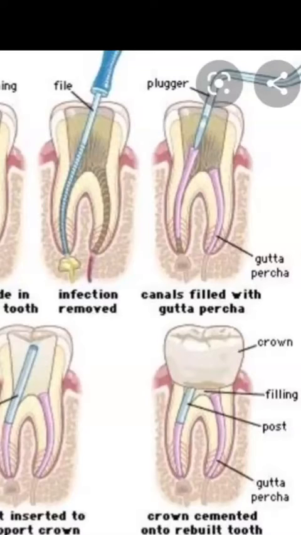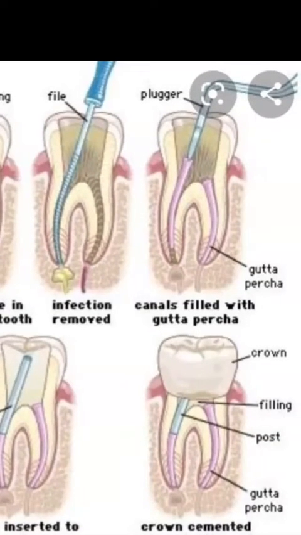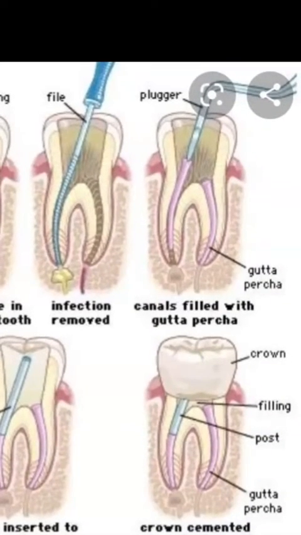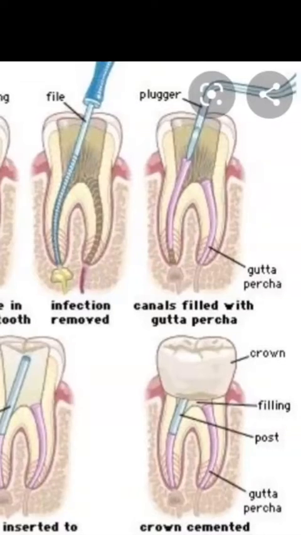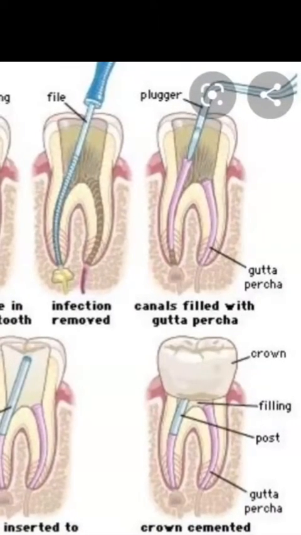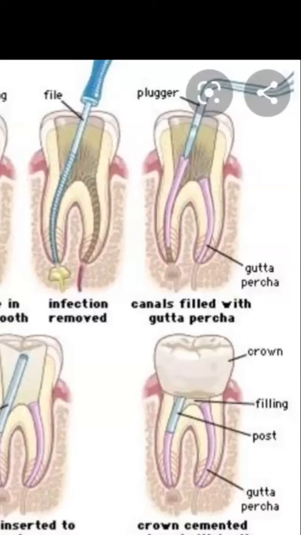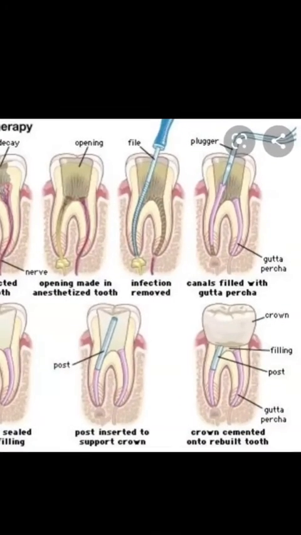After the cleaning of the tooth we can use endodontic medicaments for antimicrobial activity. These endodontic medicaments will destroy other microorganisms if they are present, and will prevent the reinfection of the root canal. So we will apply the endodontic medicaments. Then after that we will fill the root canals.